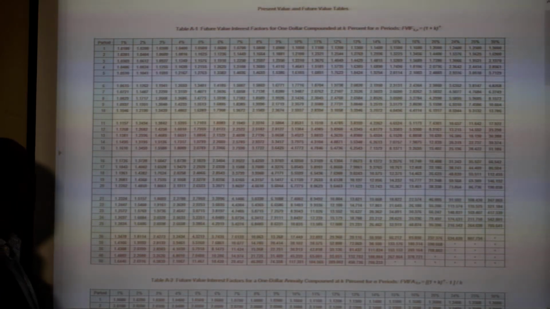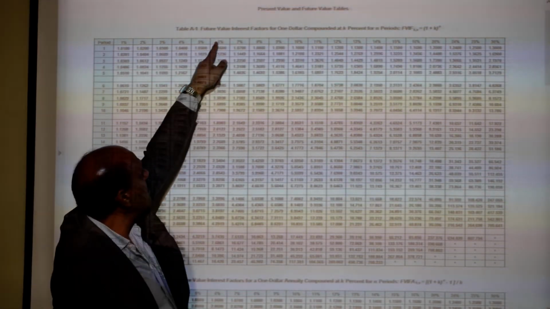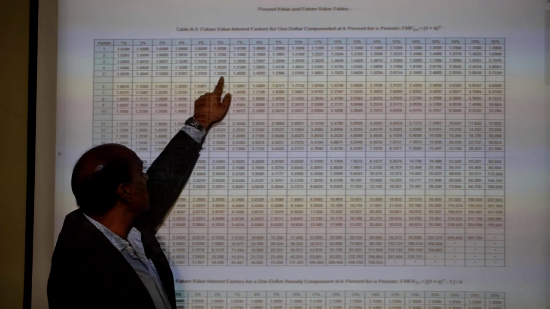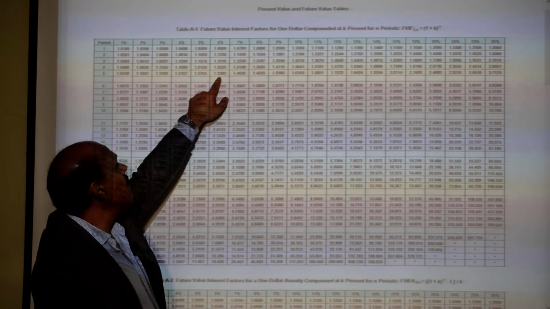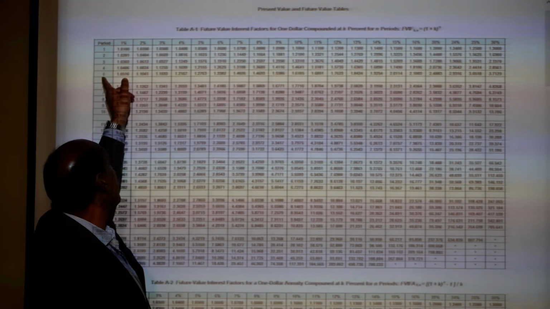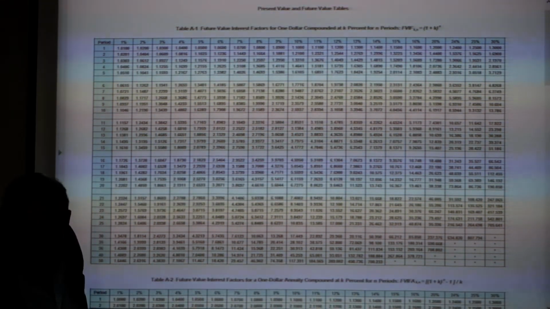Okay, so in our example, we're talking about 6% and 5 periods. So here is the 6%. Here is the 6%, you go down, and here is the 5 periods, you go to the right, and the intersection between 6% and 5 is the future value interest factor at a 6% interest rate and 5 periods, which is the same as we saw in the